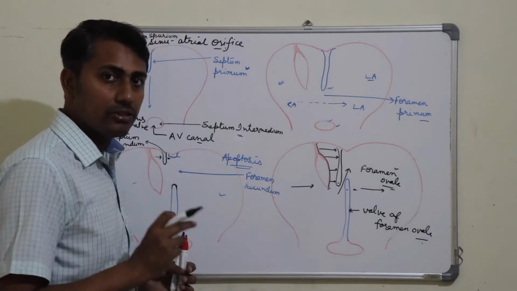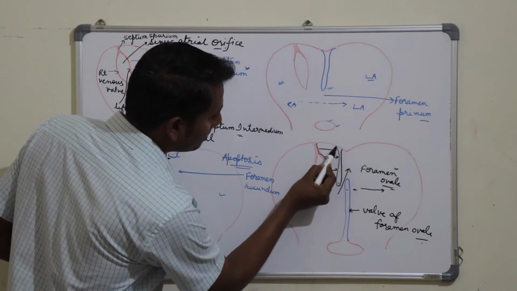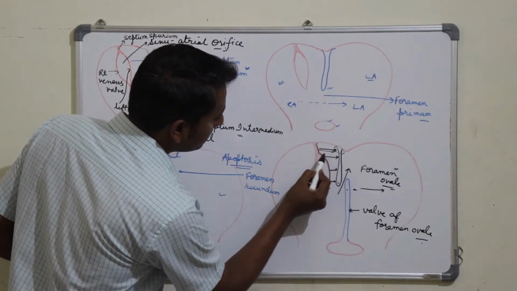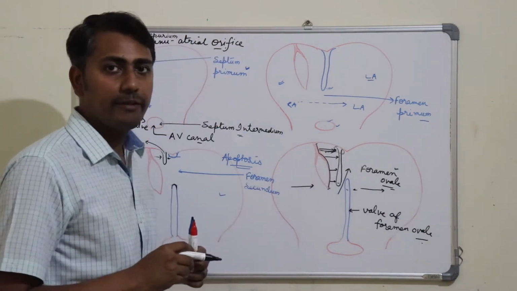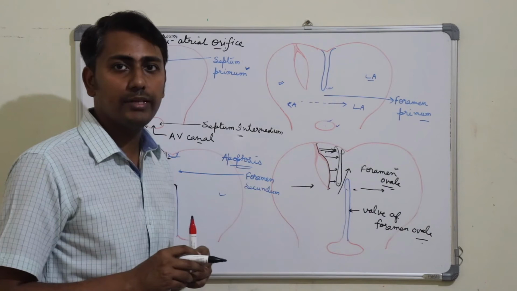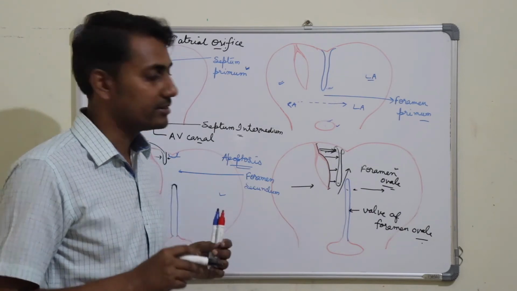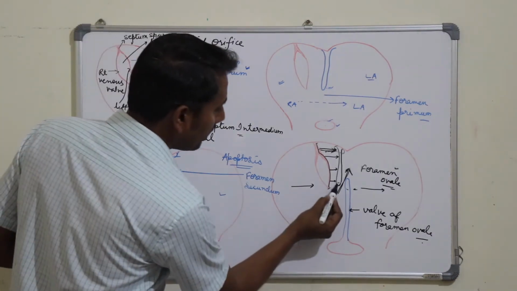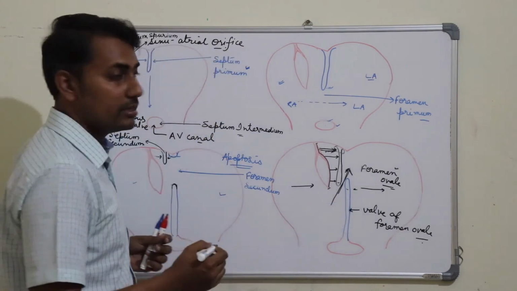So here we can also see that the upper part of the interatrial septum is also contributed by the septum spurium. This knowledge is very, very important to know the embryological basis of the sinus venosus type of atrial septal defect. Now, in terms of adult anatomy, the lower free margin of the septum secundum will form the